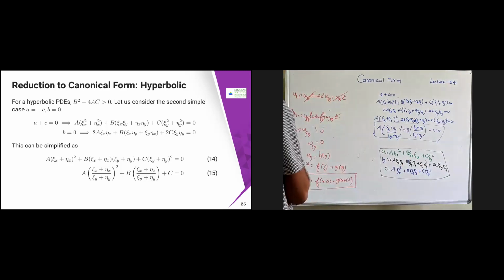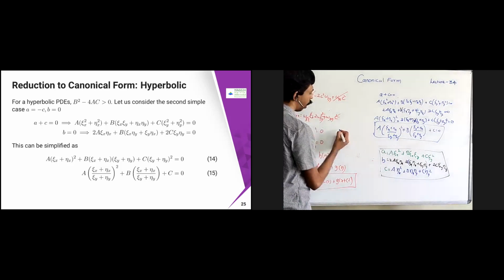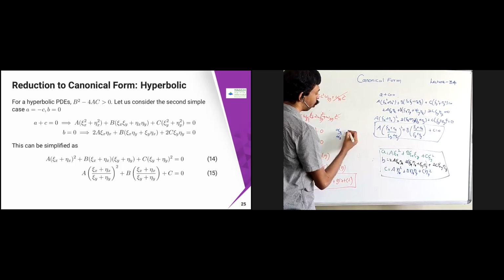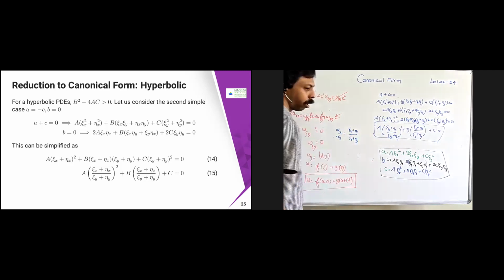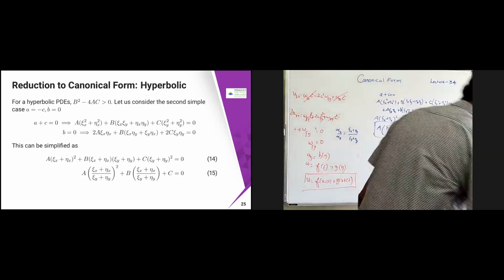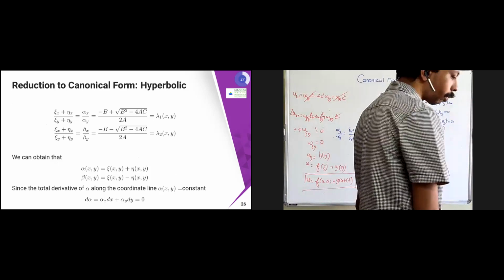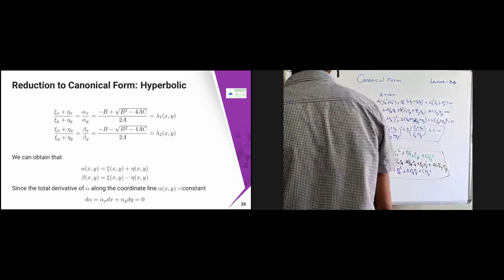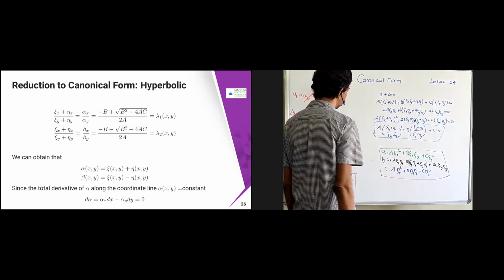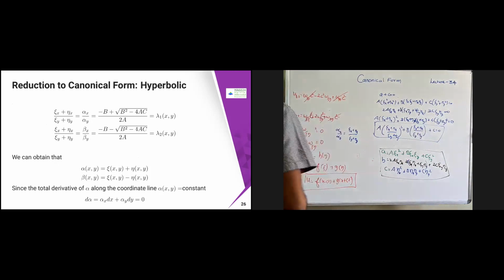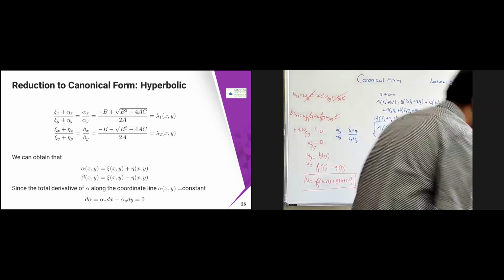I am going to take one more variable now, and I am going to denote that one as alpha. So alpha x by alpha y equals chi x plus eta x divided by chi y plus eta y. Then this equation will reduce to A alpha x by alpha y square plus B alpha x by alpha y plus C equal to 0. Then I can use a simpler kind of logic over here.